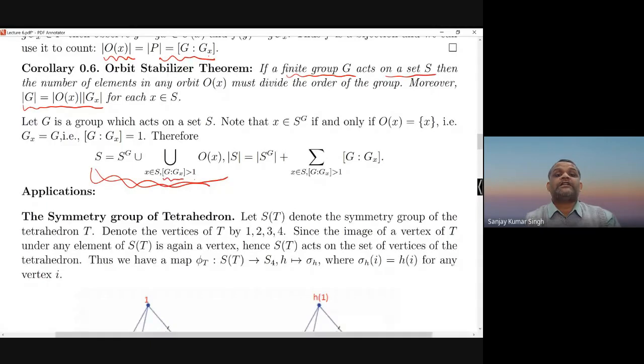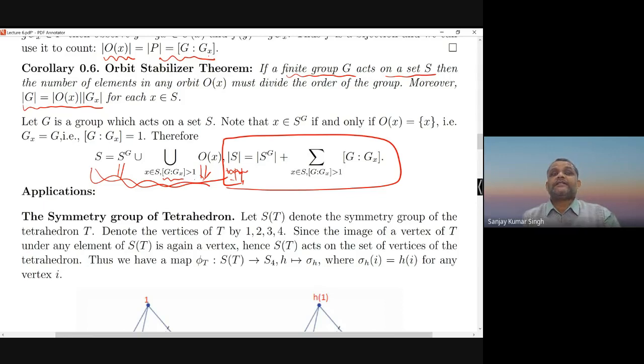And suppose S is a finite set, or in general you can talk about cardinality. The cardinality of S is the cardinality of this set plus the cardinality of this set. Because they are disjoint sets, I can just take their sum, and thus I get this nice expression. Of course, in the infinite case it is not very useful, but in the finite case it is going to help a lot. So we'll discuss some applications assuming the set is finite. So far, any question?